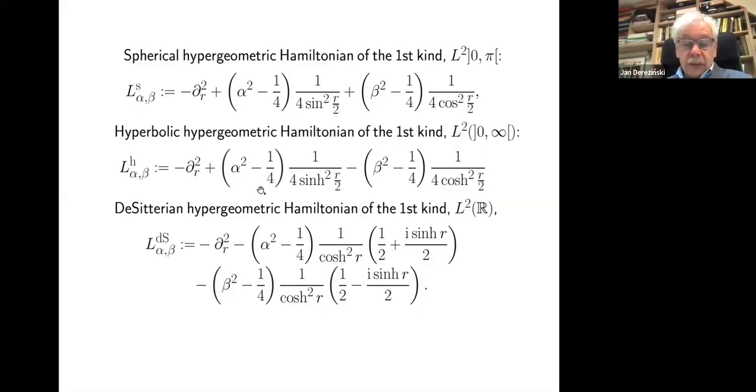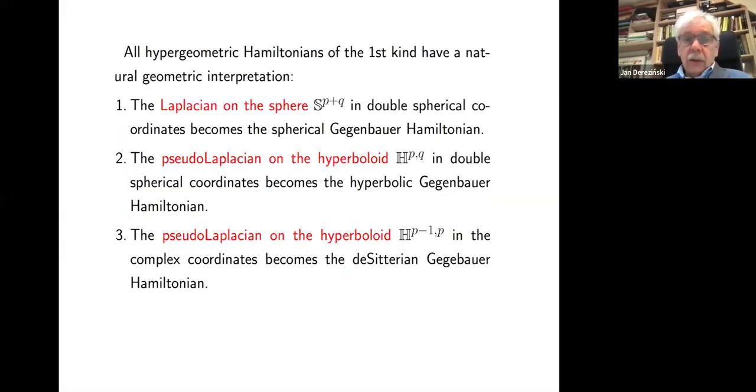So all of them depend on two parameters, and you can compute the Green functions, which are in our paper, and all of them have a natural geometric interpretation. Now, if you take the Laplacian or the Laplace-Beltrami operator on the sphere of any dimension, so this dimension I wrote as P plus Q,